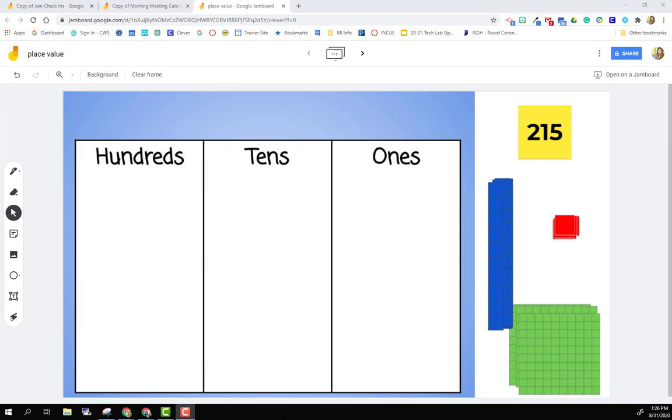And then we'll actually go through and talk about how we create our own Jamboards, how we share those with students, and what some options are that we have. Let's get started. In this first example here, you can see that my students would be making the number